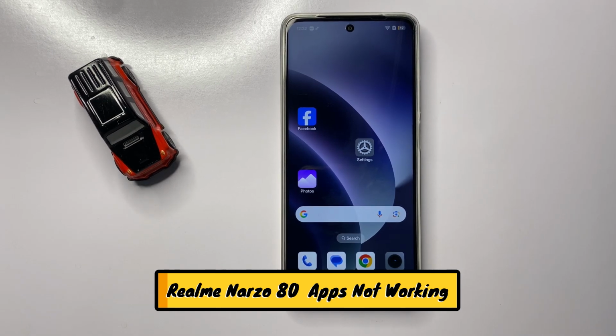Hello everyone, in today's video I'm going to show you how to fix apps not working in Realme Narzo 80